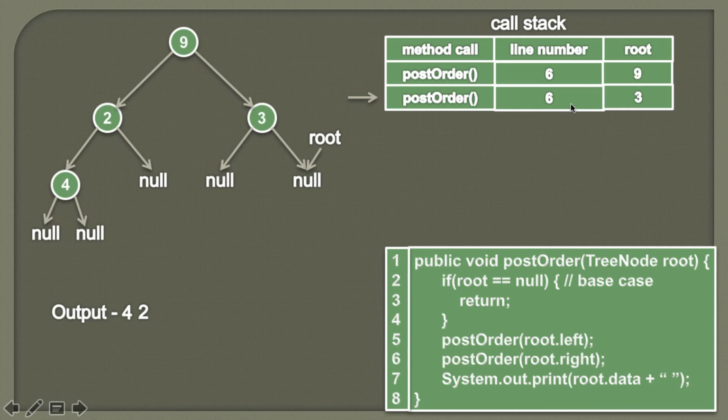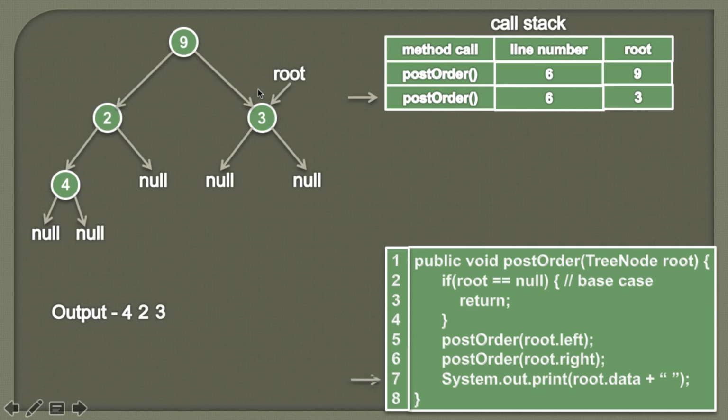And we know that we have left this post order method from the line number 6 with the root as 3. So we'll start the execution from the line number 6, and we know that at that time root was pointing to 3. So now root will point to node 3. So friends, we have visited the left subtree for the node 3 and we also visited the right subtree for the node 3. So now we can actually visit the node 3. So on the line number 7, we will simply print the data associated with this root, which is nothing but 3.